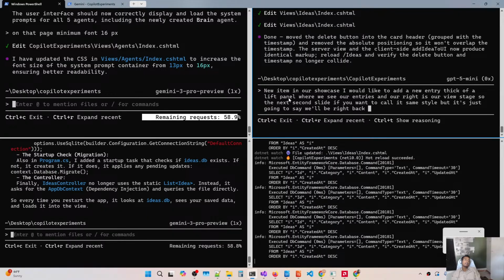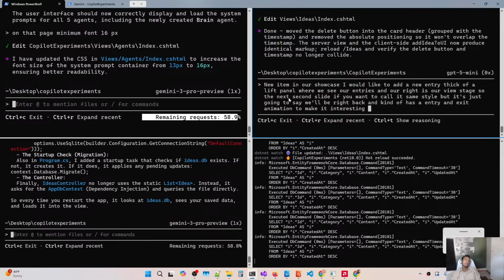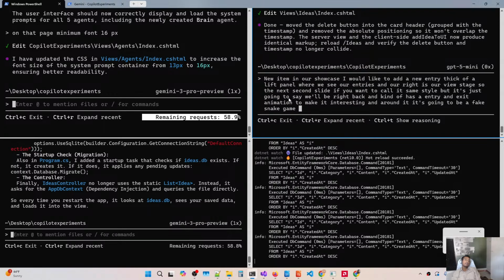And around it, it's going to be a fake snake game, but it's going to be interesting. It's just a little ball that goes, and there's a line that's almost like a seeking line that ties to our